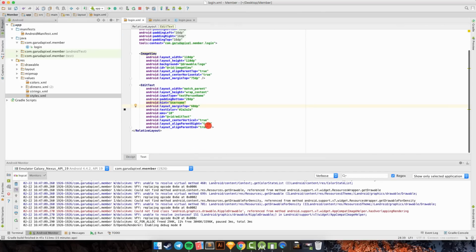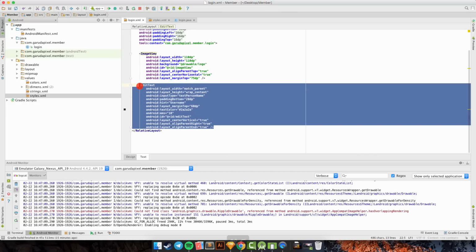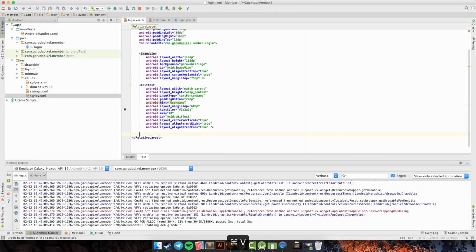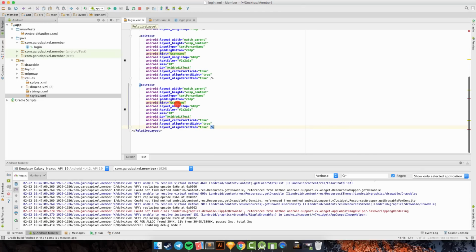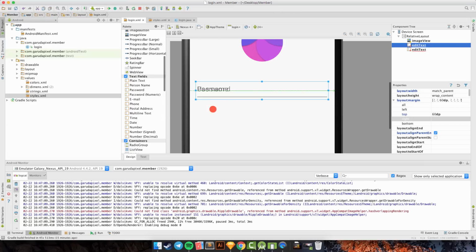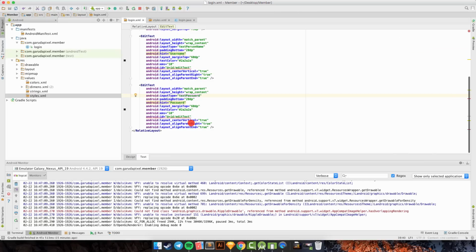And then you know what, I will copy this edit text, and change the name to password, and change the text person name to text password like this. So we have the password here, and we can change the ID. This ID you can change to username, and this ID for the password.